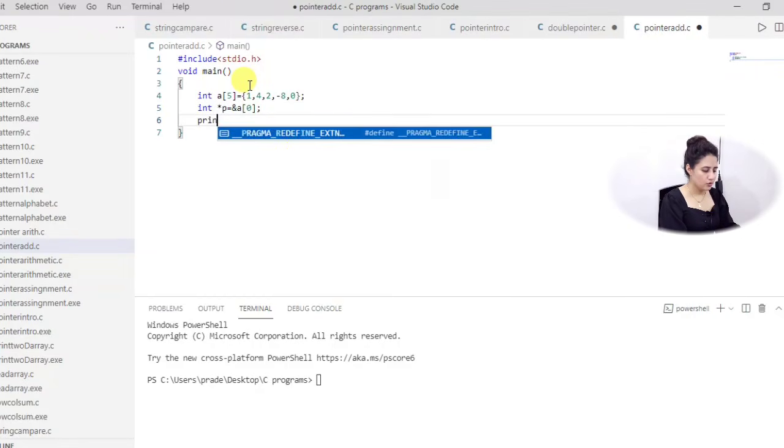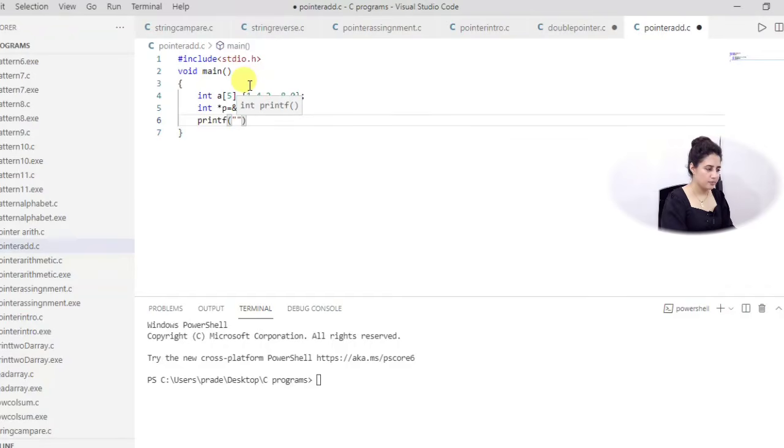Now suppose I am printing the value at asterisk p, whatever the value at asterisk p, that I want to print.